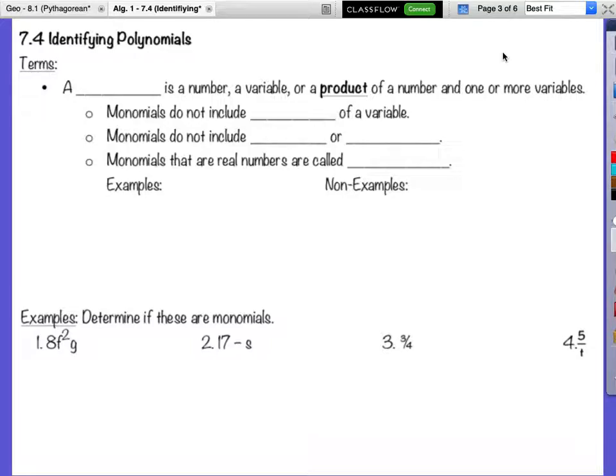Identifying polynomials. First, we might need to know what a polynomial is in order to identify it, right? We might need to have some definitions to work from. Because if we don't know what something is, we might need to know. So to first state,